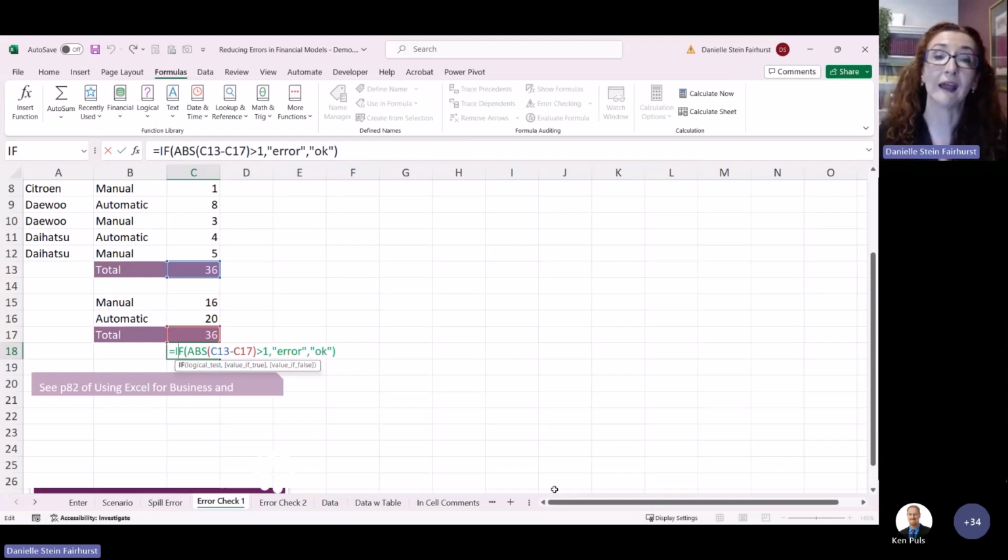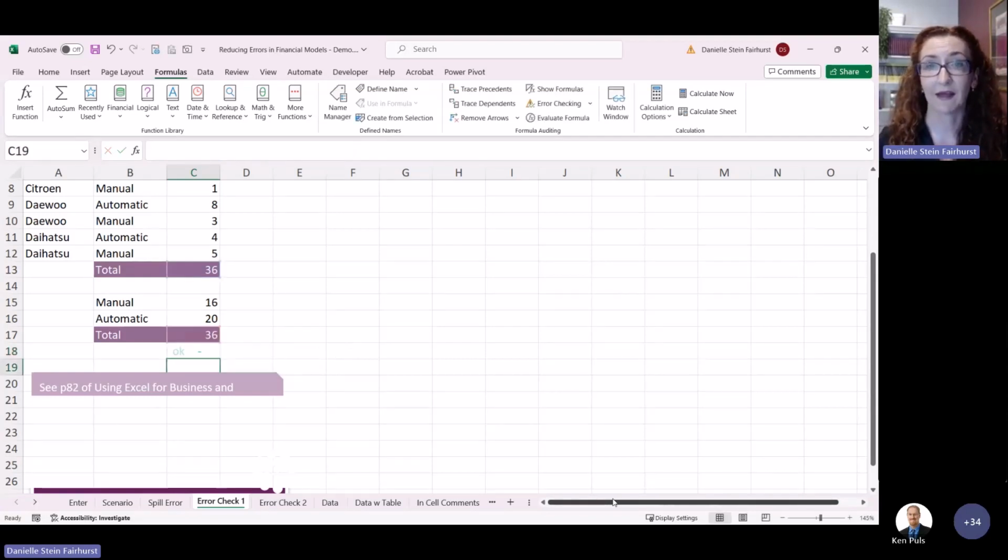That will give you a false error check. So that's why I've used the ABS, absolute value of the difference between the two, is greater than 1. So I've allowed a tolerance for error, or you could change that, of course, to 0.001 or something like that if you want to make the tolerance for error a little smaller. So that's one method of error checks.